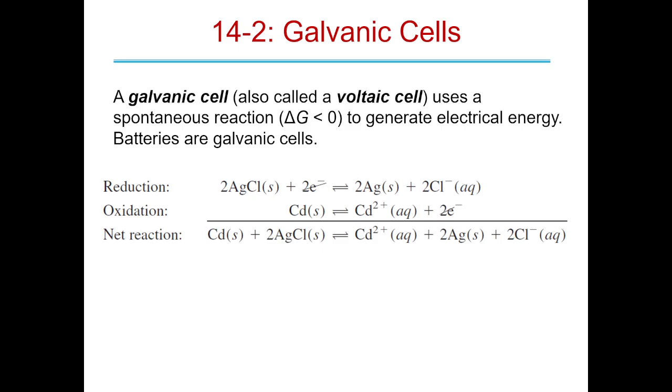All right. So galvanic cell, this can also be called a voltaic cell. This uses a spontaneous reaction, so your delta G is going to be below 0, to generate electrical energy. Batteries are the most common galvanic cells that you'll probably be thinking of because they're separate enough that you can actually see them as something that might have science that works on it. But this is all sorts of things in your body. This is your ATP acting. This is your